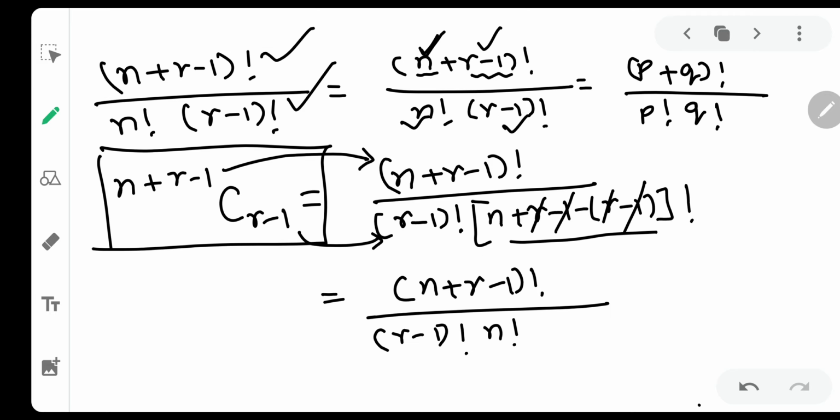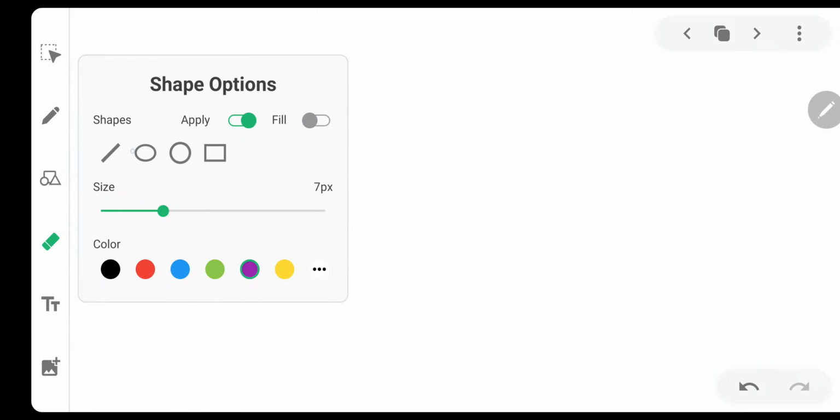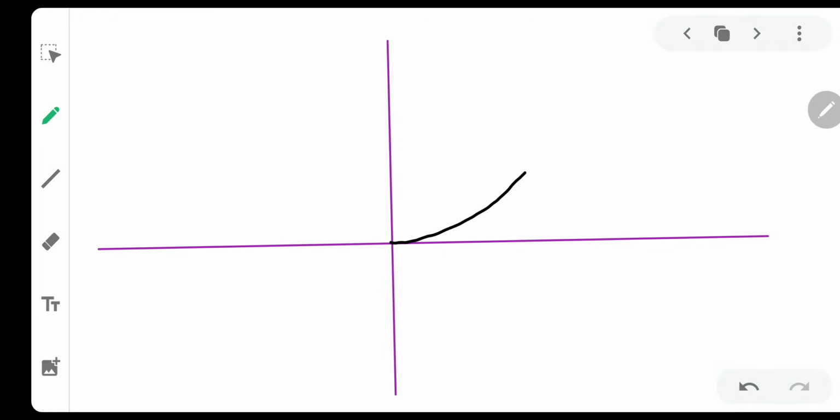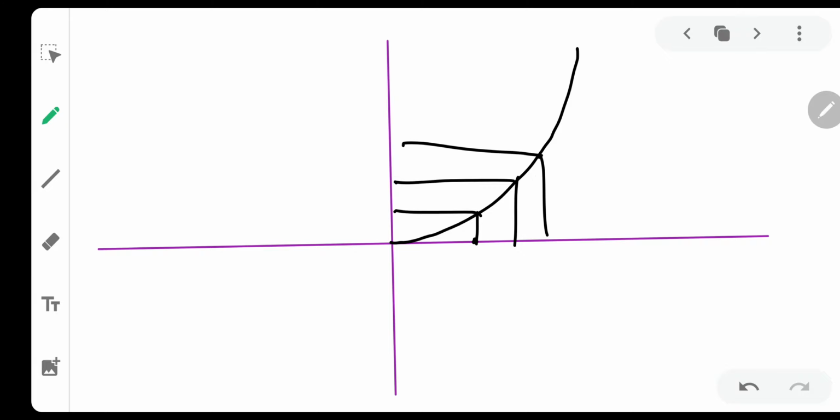Let me give you a very small example. Suppose you have a graph something like this, there's a curve, okay, and the curve is like this. Definitely this curve is 1 to 1 because as we are moving from left to right, it is always increasing. So that is why it is a 1 to 1 function. In a very simple sense, you can say that for one value of x, there is only one value of y. Right? There are no two values of x for which the value of y will be same.